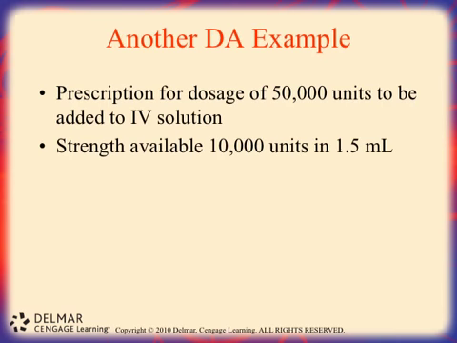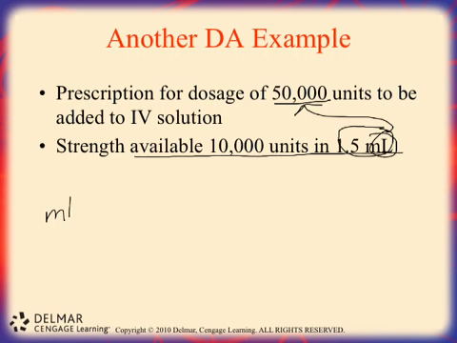Here's another example. We've got an ordered dose of 50,000 units to be added to an IV solution, and what we have available is 10,000 units in 1.5 milliliters. So we're going to have to calculate how many milliliters we need in order to give 50,000 units. So milliliters is what we are going to be looking for. So milliliters equals, we know what our available dose is. We know milliliters is going to have to go on top in our numerator. So it'll be 1.5 milliliters over 10,000 units